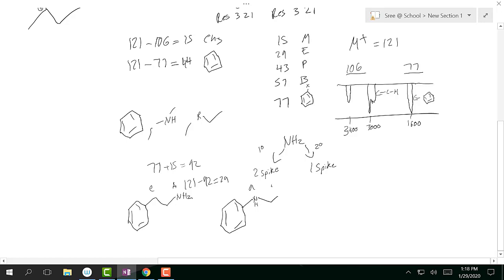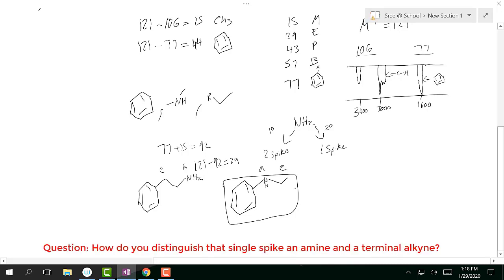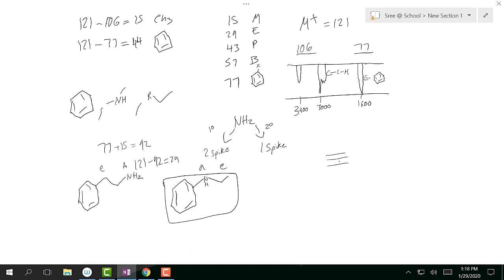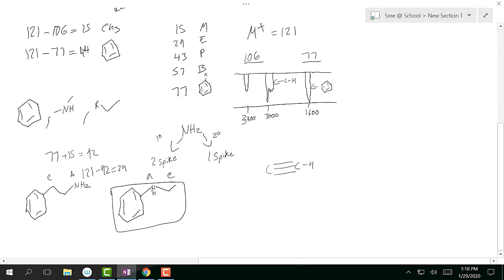Okay, so this should be your answer. So that's your secondary amine with the benzene ring and the ethyl. Terminal alkyne as in like C to C or C to N? Like that, right? I believe these are only at like the two triple bonds you're usually looking at